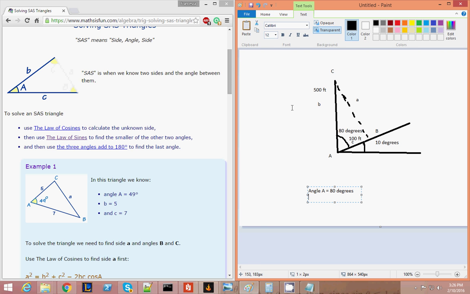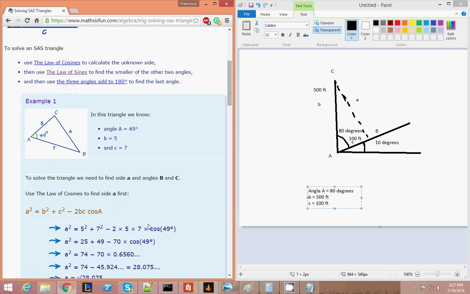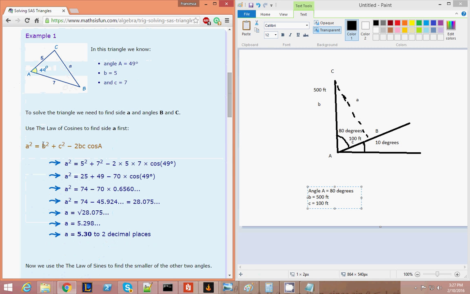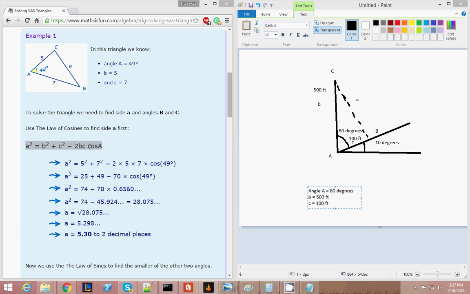So now we have all our requirements. Now we must apply the law of cosines. I'm going to copy this and paste it in this notepad here. These are all squared. Since we need to find side A,